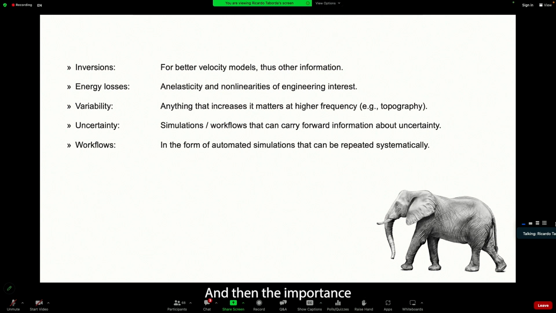And then the importance, and I think we'll see more from Dave tomorrow in terms of what the center is trying to do and what you guys are trying to do at Berkeley, is to use workloads that can accelerate and allow us to do many more simulations to understand how all these factors influence the results. And now you notice that in the last two slides, I put that little elephant there. And I put it there because